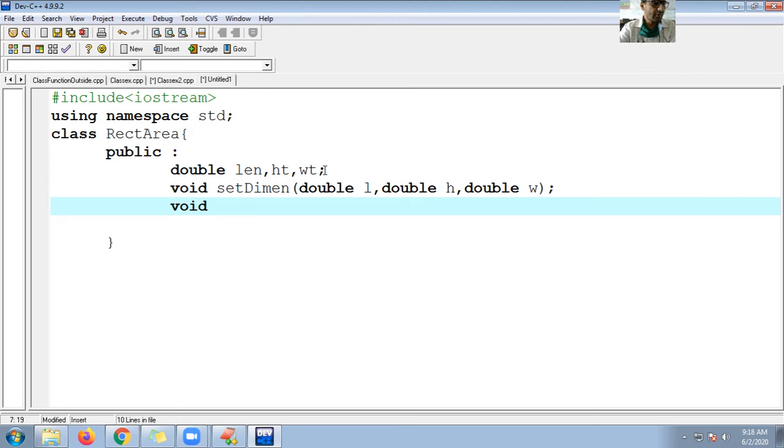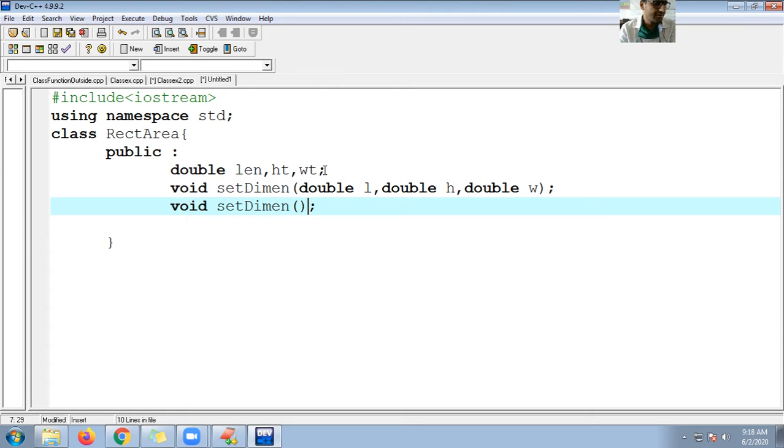So I want to get the length. To get the length, so guys, set length, you can call void set dimensions. So I want to set the dimensions, so semicolon. Okay guys, semicolon, set dimensions.